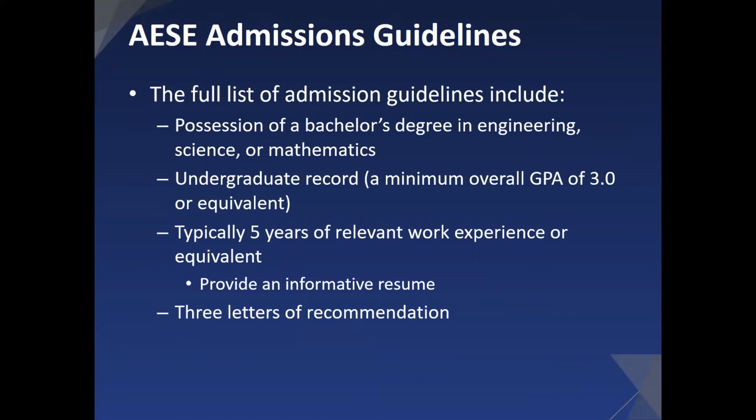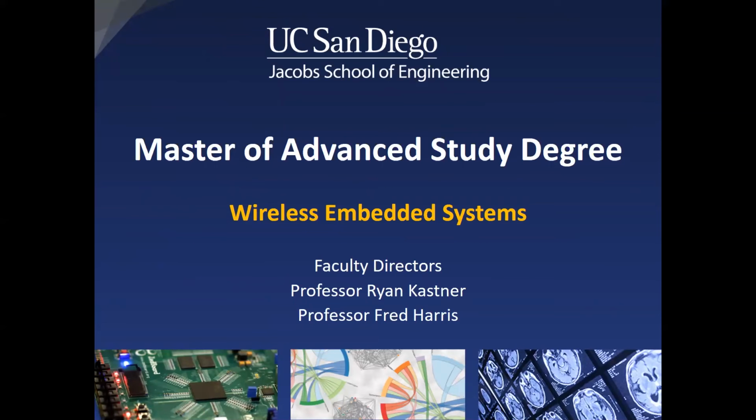And we want 3 letters of recommendation. And we really want people that know you well. So often we get, does this need to be an academic? In most cases, if you've been out of school for 5 years, you probably don't have a relationship with academics anymore. So it's fine if those are coming from people at work who know you well, can really attest to your abilities and your skills. So that is the ASC program.